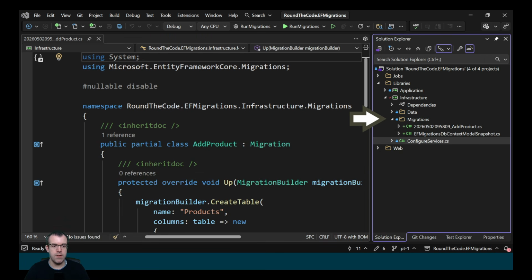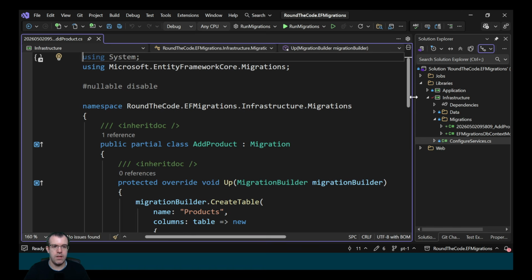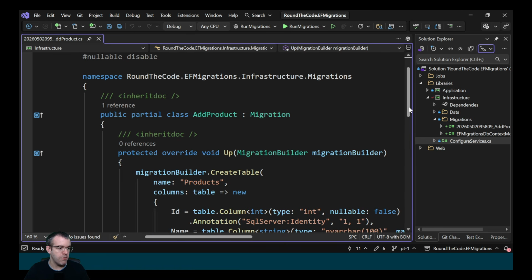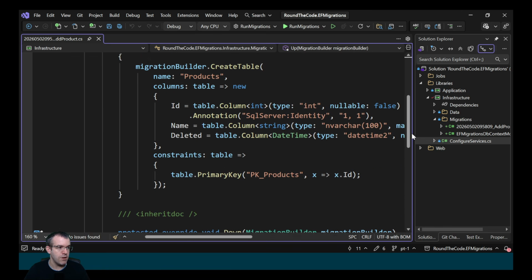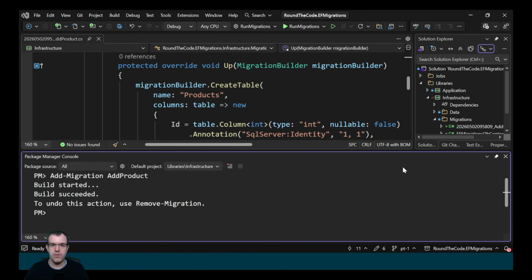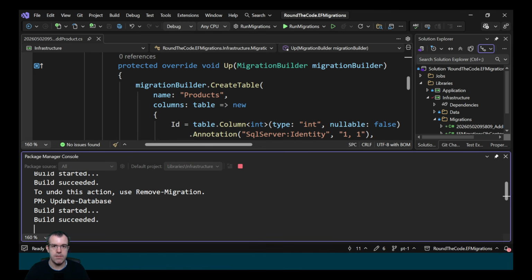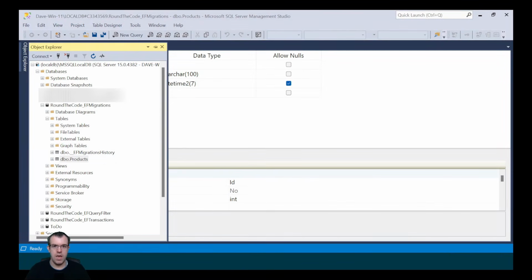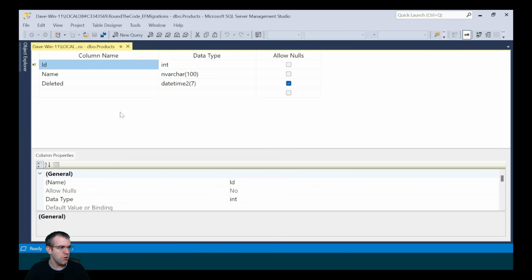This has created a migrations folder, and it's also created a migration script so we can see the changes that are going to be applied to the database. If we're happy with the changes, we can run Update-Database to apply the changes to the database. And there we are, our database has been created, and it's also got the schema changes needed for the product